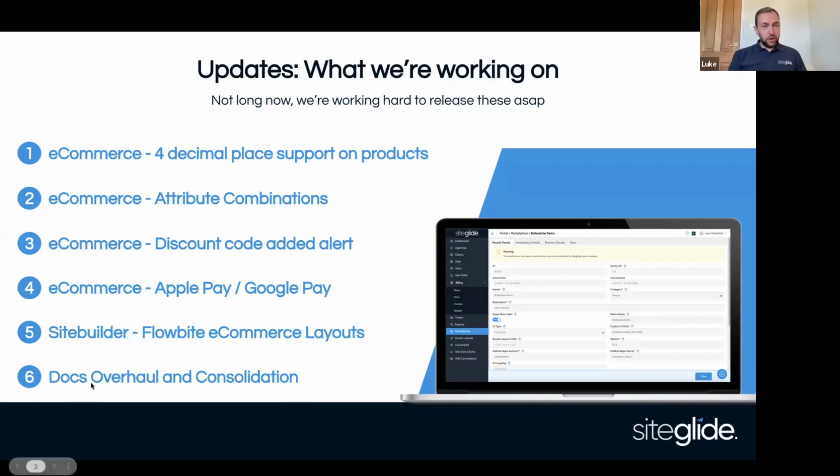Yeah, so last one, I've got a few slides: one on Flowbyte e-commerce layouts, one on docs overhaul, and I think maybe one more, which I'll come on to afterwards, but I'll just quickly touch on them now. So the docs, we want to,